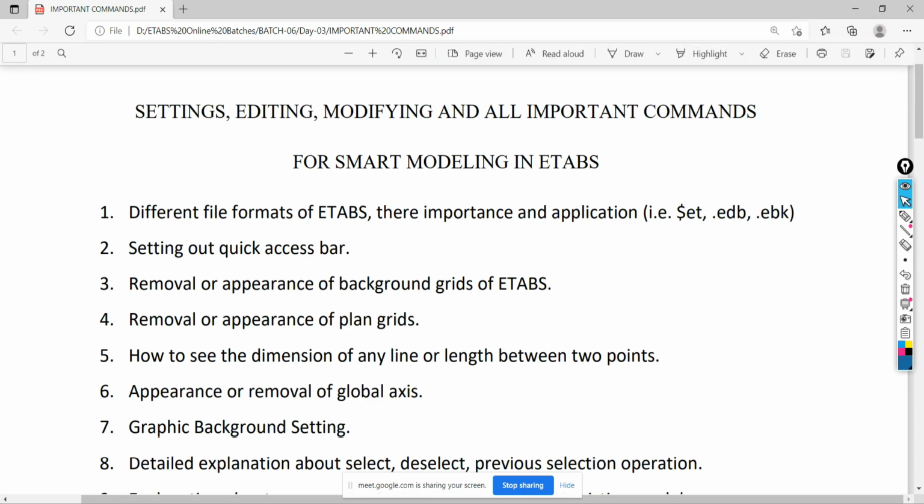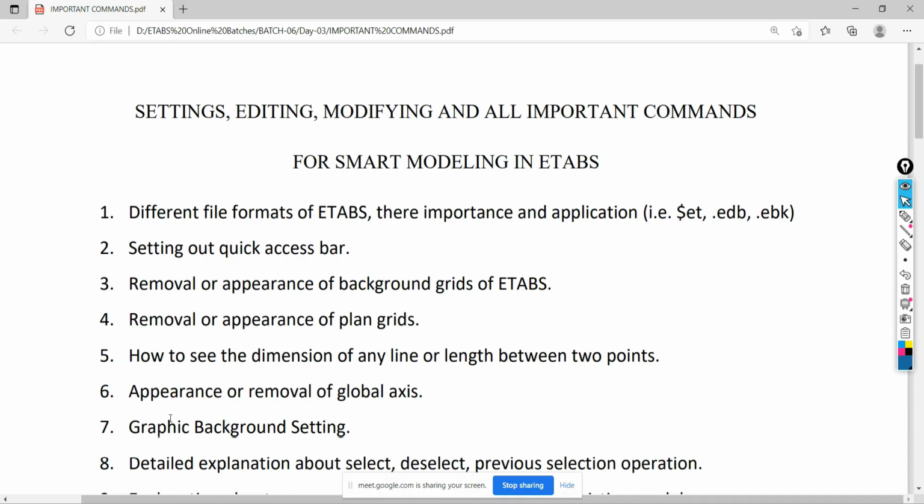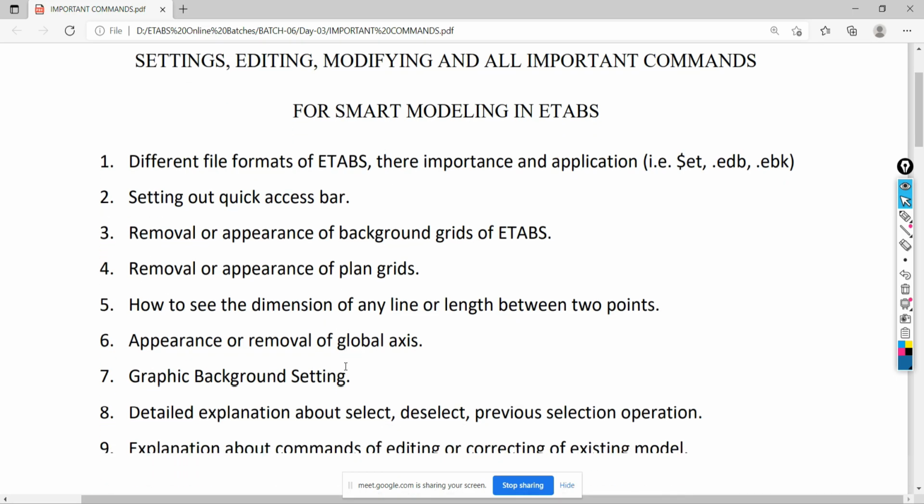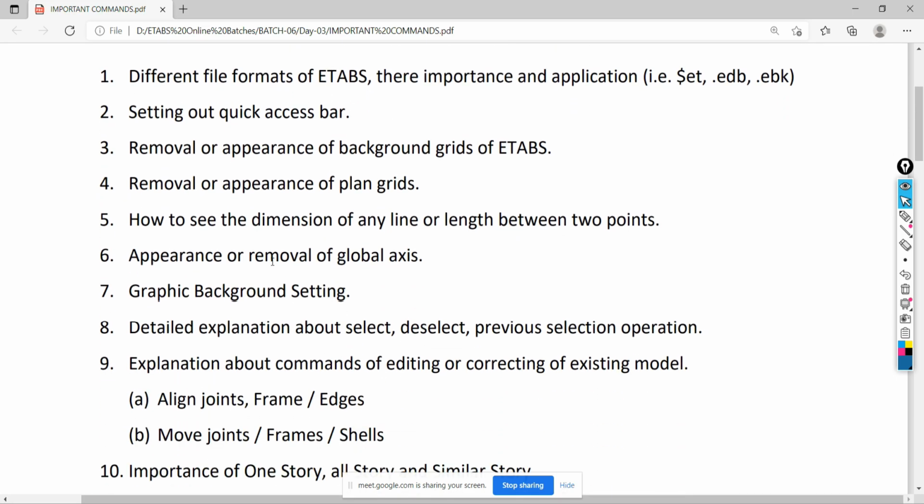Is that clear? Yes, sir. We are not going to take any project here, but it is more important, because without knowing all these things, you will not be able to practice with the ETAP software with confidence. These things will make you perfect at using this software. So we will see many things one by one.